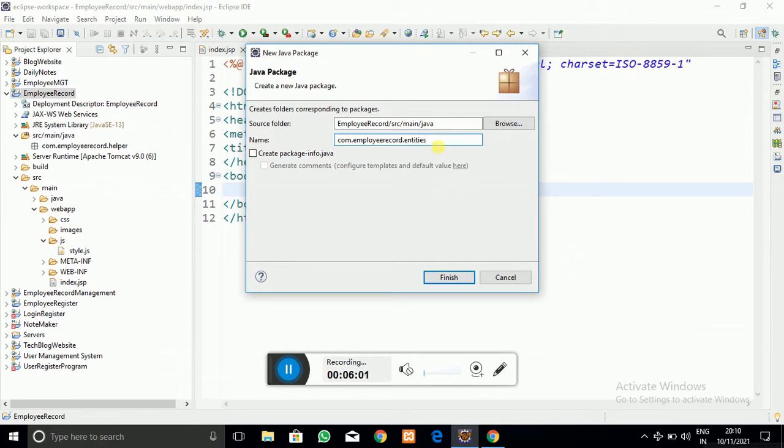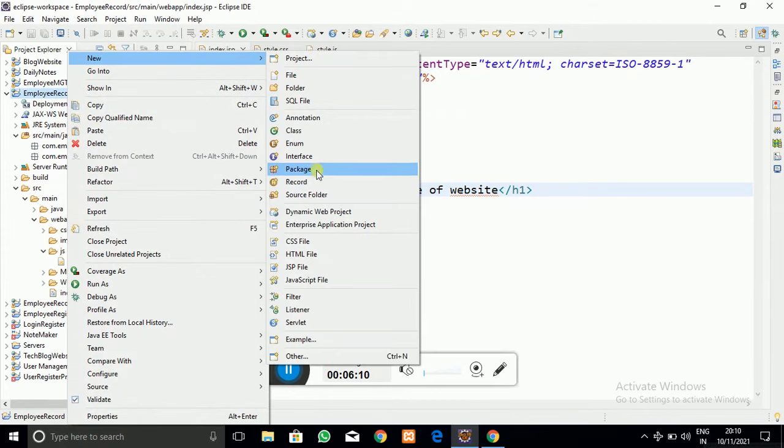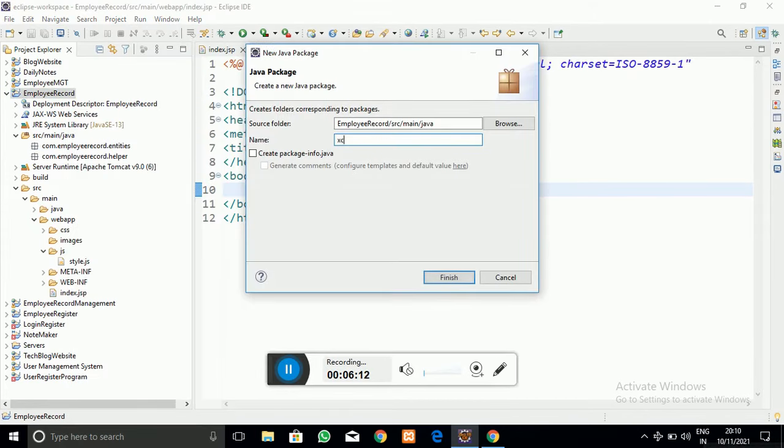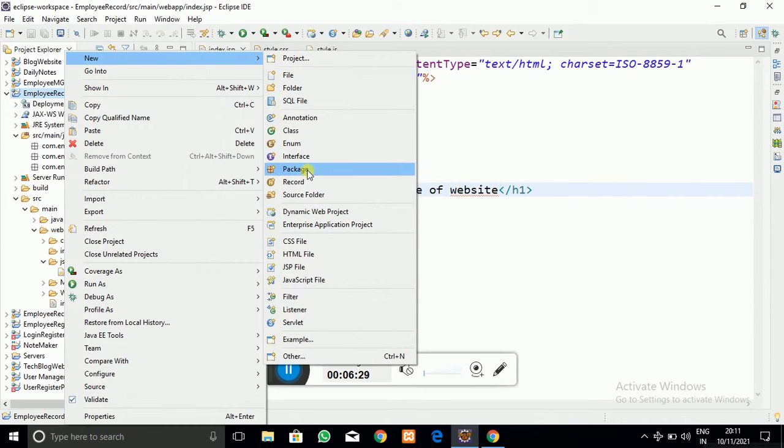Okay, I have created that employeerecord.entity package, and similarly I am going to create another package which is com.employeerecord.servlets. That package is for storing the classes which extend HttpServlet, which we are going to use.